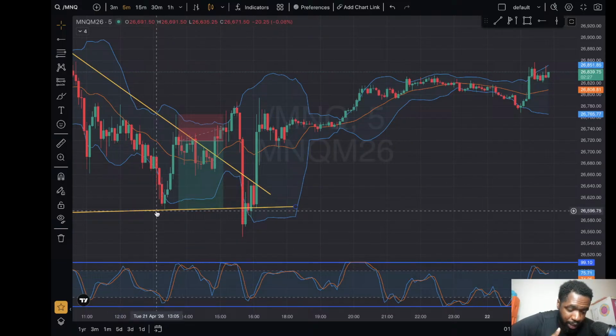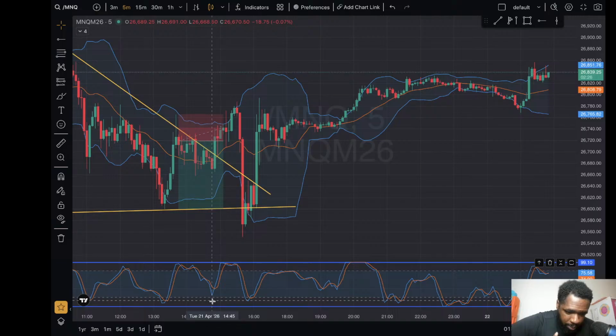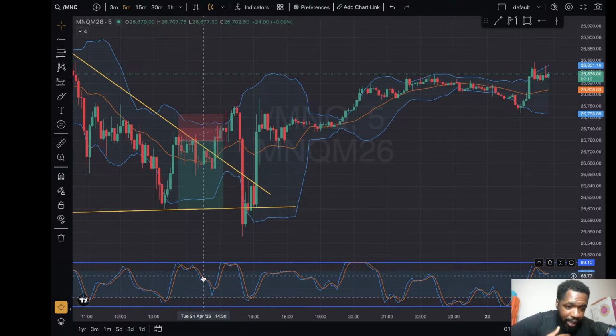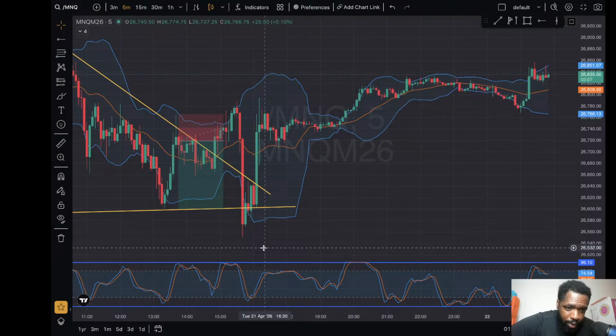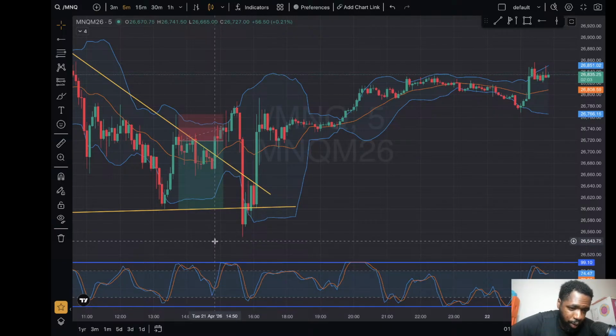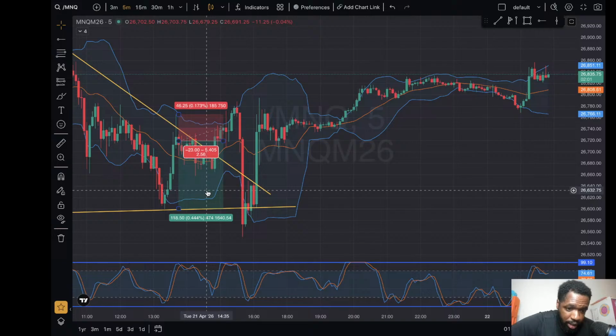On what my strategy is, when we come down in this area, again, you can't see it now, but when it was live, it did come down into this area, and typically, if that happens, I want to get rid of most of my positions and have one runner. And if I had done that, it would have been a profitable day. And that would have kept me in the game to where if I did want to continue trading,